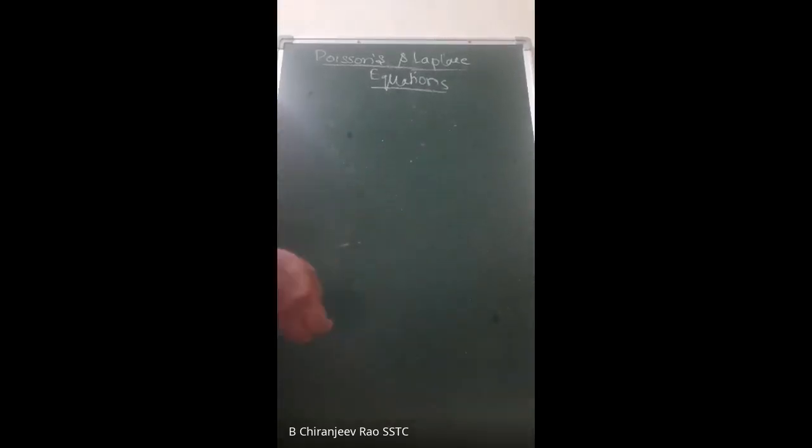We have seen that if you want to find rho v, so rho v is equal to divergence of D, if potential is given. Okay? If potential V is given and you have to find rho v, then what we will do is take the gradient of this V, minus gradient of V is equal to vector E. Then multiply it by epsilon naught, so this will give vector D.